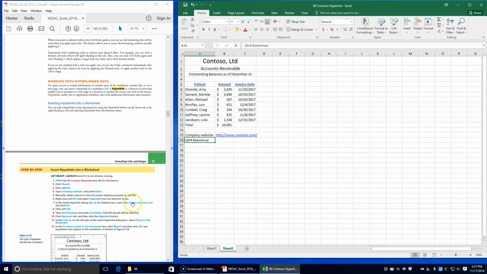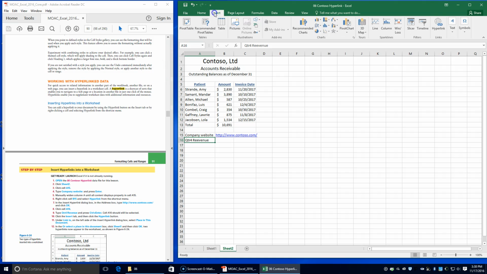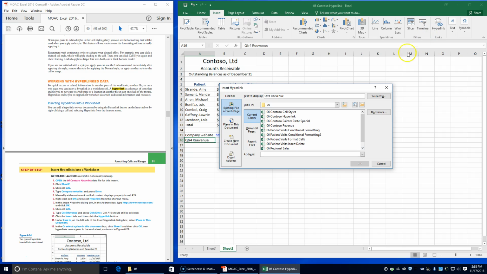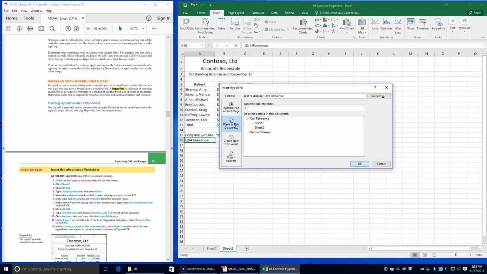Alright, and it says A16 should still be selected. We're going to click on the Insert tab and then click on the Hyperlink button. Under Link to, we need to click on Place in this document. And in the Or select Place in this document box, we're going to click on Sheet 1 and then click